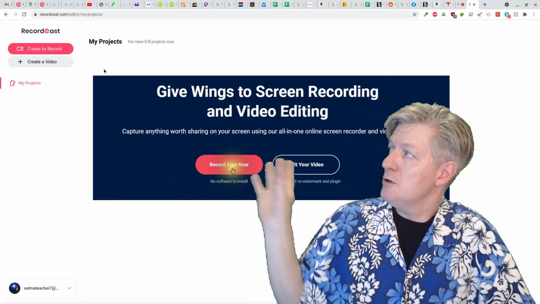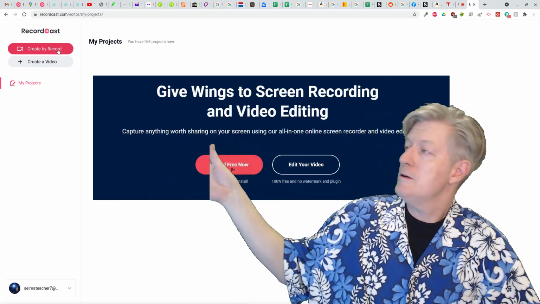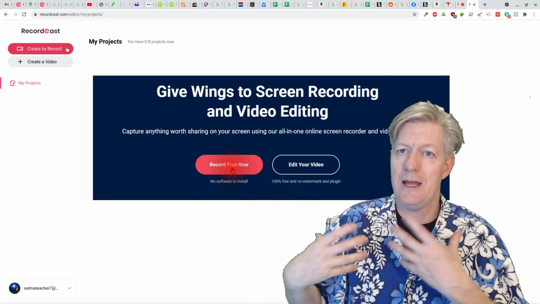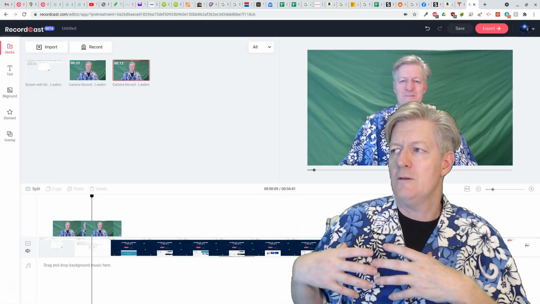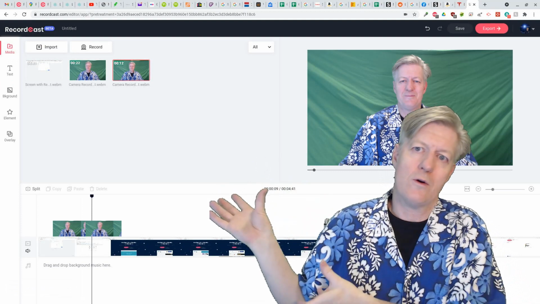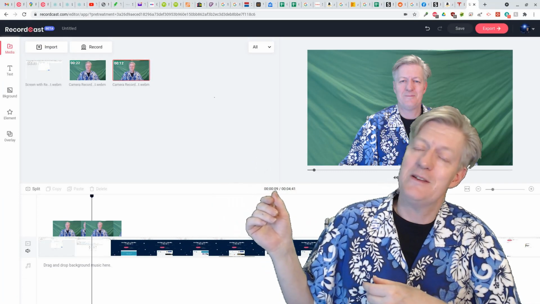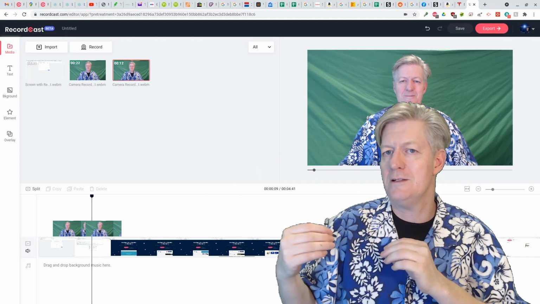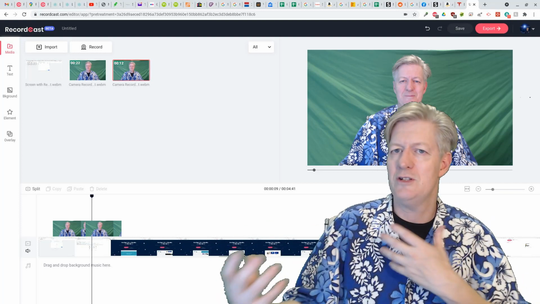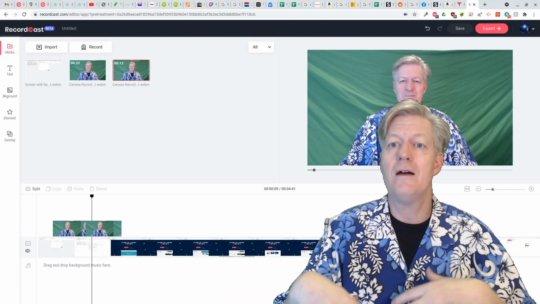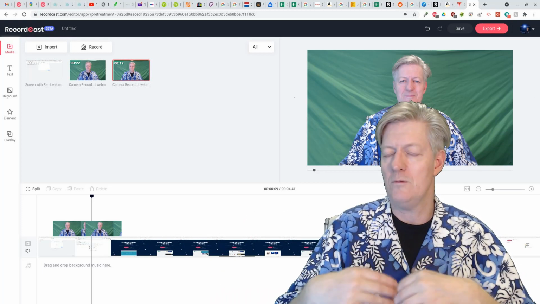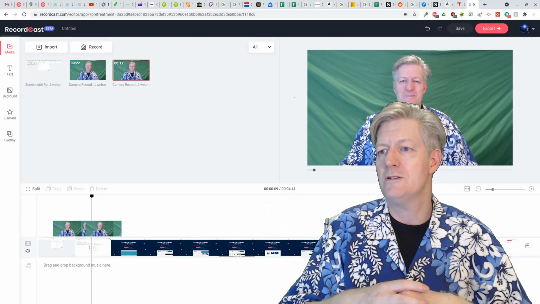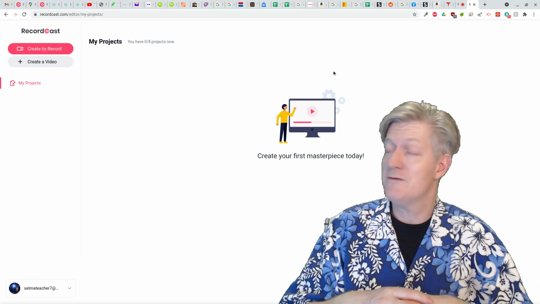Alright, now notice in the middle here of the screen we have record free video or even edit video. So after you do recording, it actually allows you to edit the files. And one of the reasons why I'm actually talking about Recordcast app is because it allows me to edit the content of my screen separately from the content of my webcam. So I'm actually allowed to do multiple files on one project at the same time. So if you have a different effect for the screen or different sounds or other things, it really gives you more options there. So Recordcast is kind of nice for having those features.